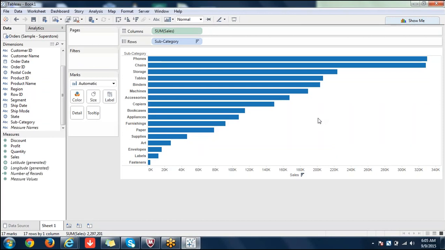Those are normal filters, we just call them normal filters. Apart from that, we have two types of filters. But before that, I will teach you one more, that is quick filter.